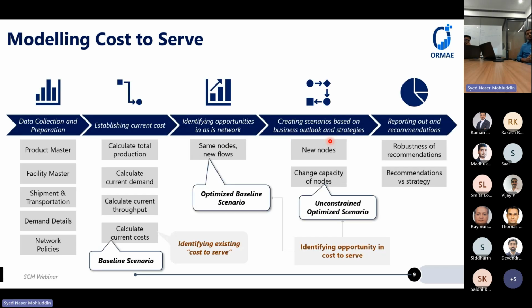And then how do we go about modeling the cost to serve? In a typical cost to serve analysis or an optimization exercise, we go about first of all defining my baseline network, and any of the technology or tools can be used. For example, AIMS, SC Navigator, or LlamaSoft, or you can do Excel based modeling or Python based modeling, and you go about defining your